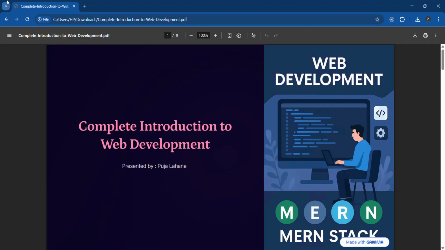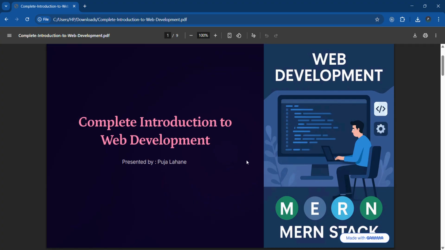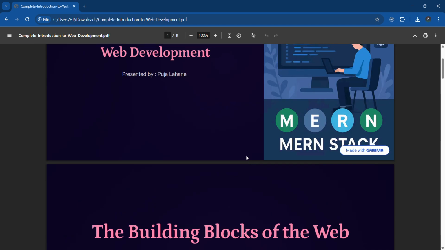Today I am going to explain what the MERN stack is and what it means in development. So basically, in web development there are so many technologies available, like HTML, CSS, and JavaScript, and in between that we are going to see what the MERN stack means. So basically, here MERN stands for: